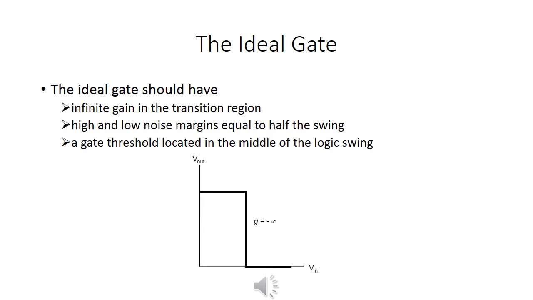As we know, the ideal VTC is unfortunately impossible in real design. Some implementations such as the static CMOS inverter come really close to the ideal VTC. And if we talk from a performance perspective, then its propagation delay will be very low, its speed will be very high, and it should consume minimum power.